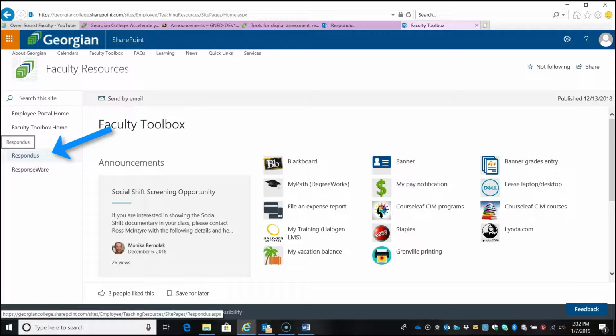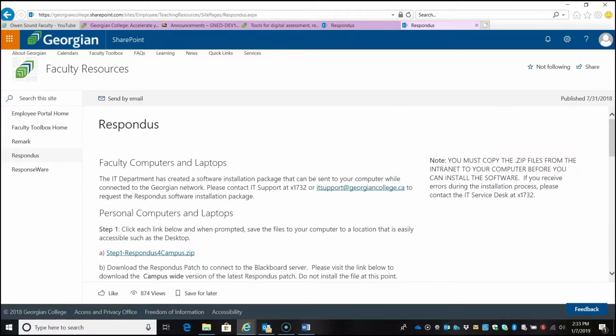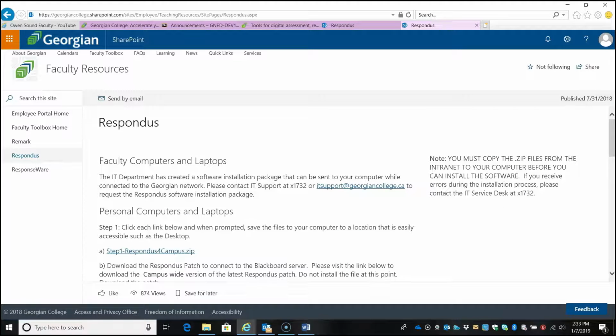Now, Respondus is the software that you'll need to use to upload a paper test or a digital test that you've created into Blackboard to be used to create a test, whether that's a test pool or an individual test of a limited size. But you can't just put it into Blackboard. Respondus is the software you need. So if you click on Respondus, you'll get to this site here